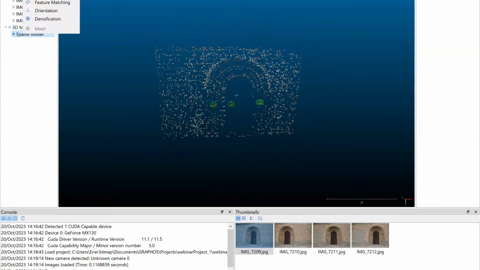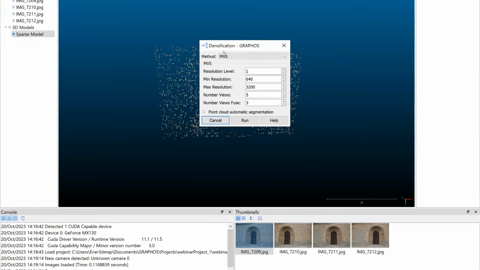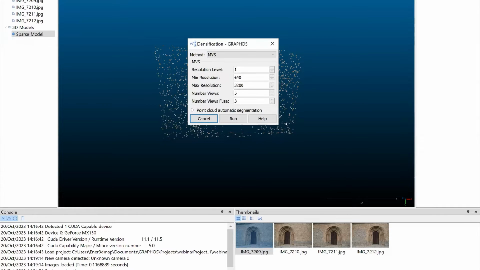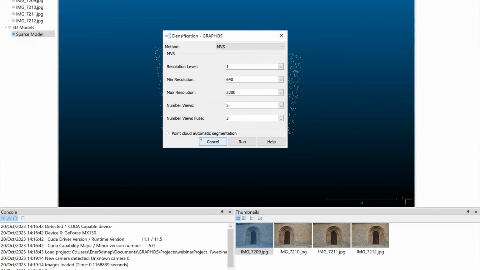Now let's continue with the densification. Densification has three methodologies implemented. The recommended one is MVS, multi-view stereo. And with these parameters, which are the recommended parameters of the developer of the algorithm, and also we are going to,